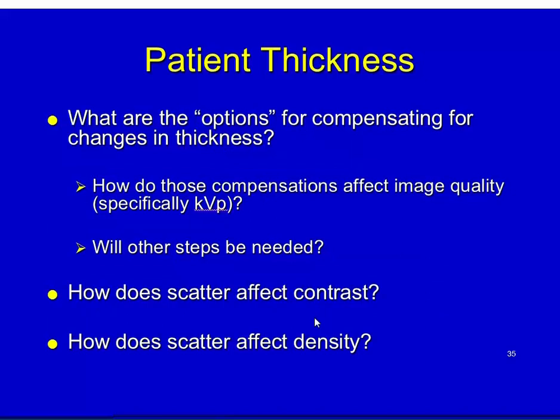So what are the options for compensating for changes in thickness? Primarily you want to use mass, but you can use kVp. But if you use kVp, again, you compound the problem of scatter. So as thickness goes up, if primarily it's soft tissue, you really don't want to increase kVp unless you absolutely have to. Yesterday I'd mentioned using limited exposure X-ray machines like a portable machine,